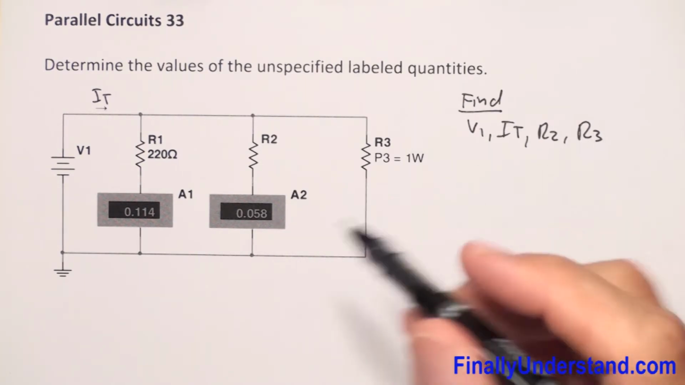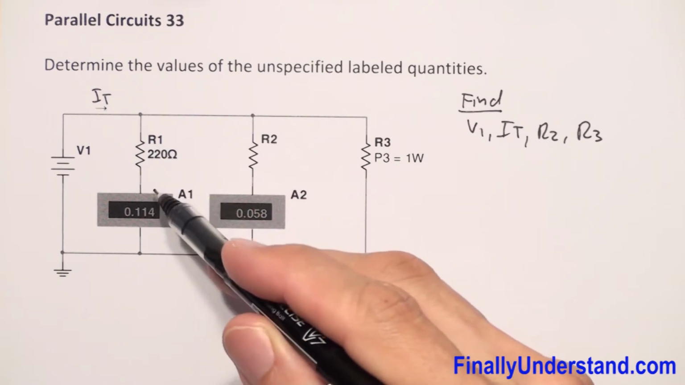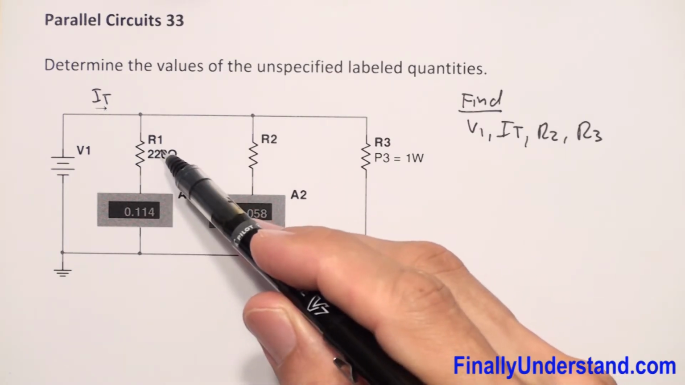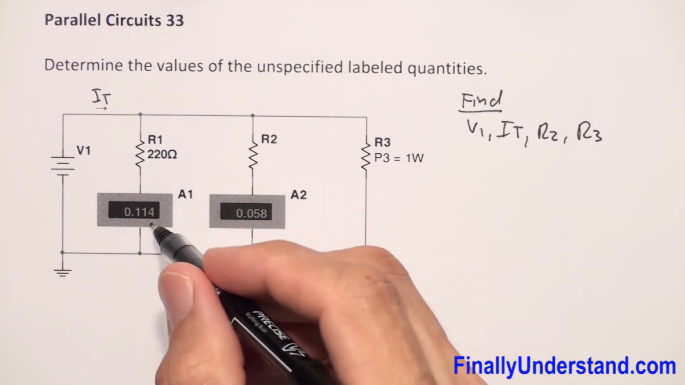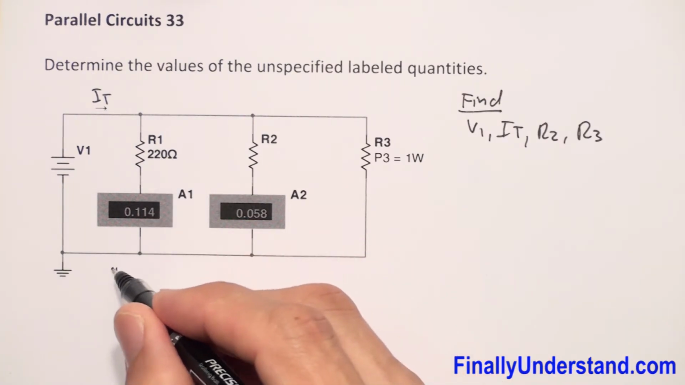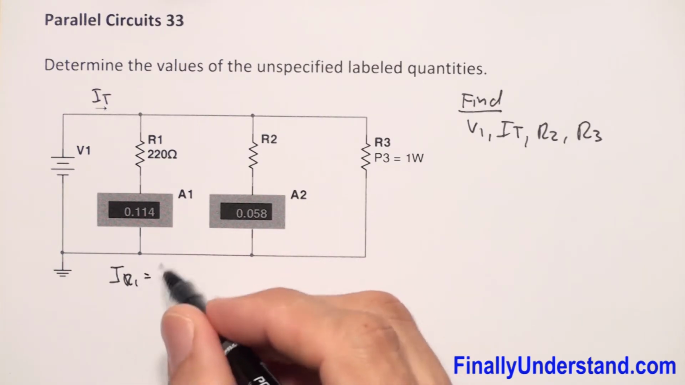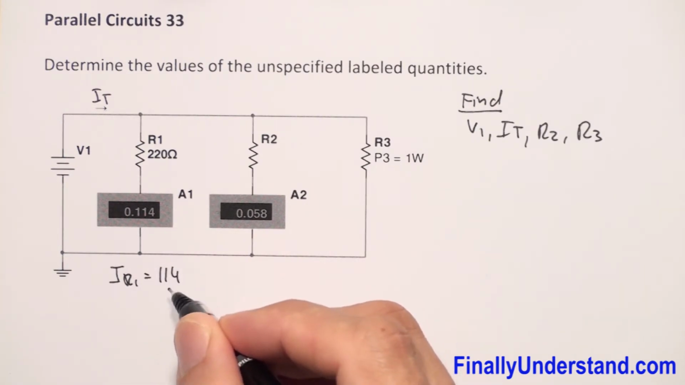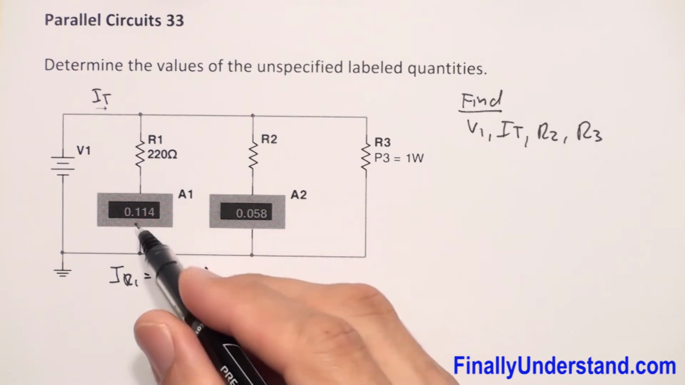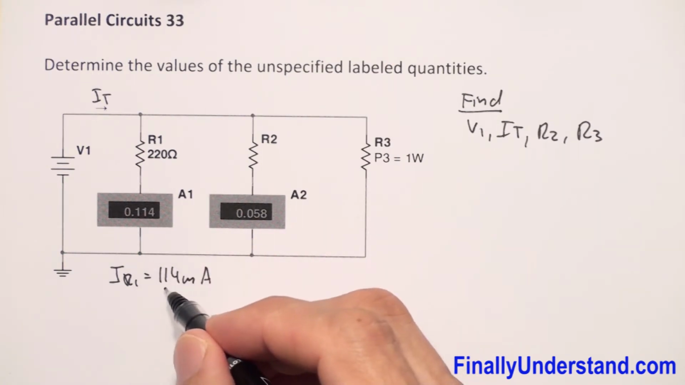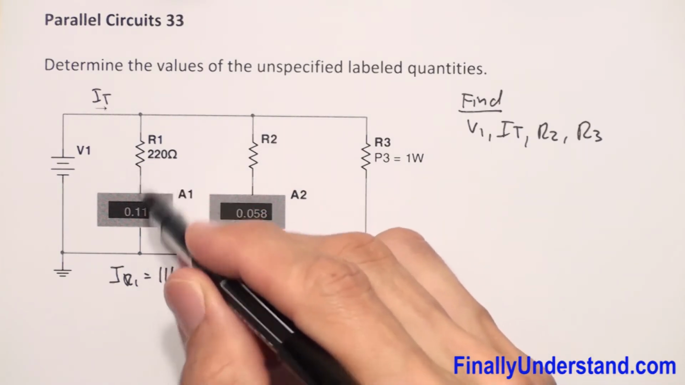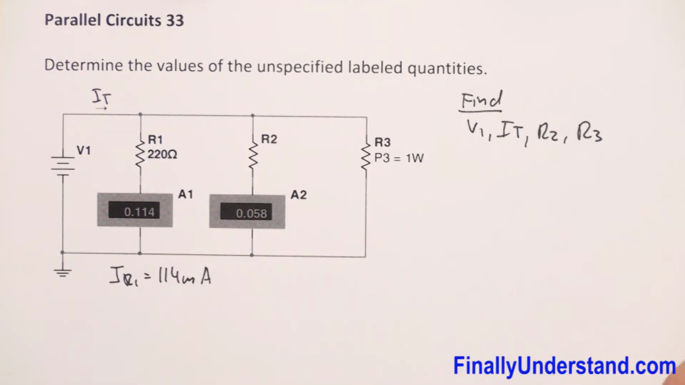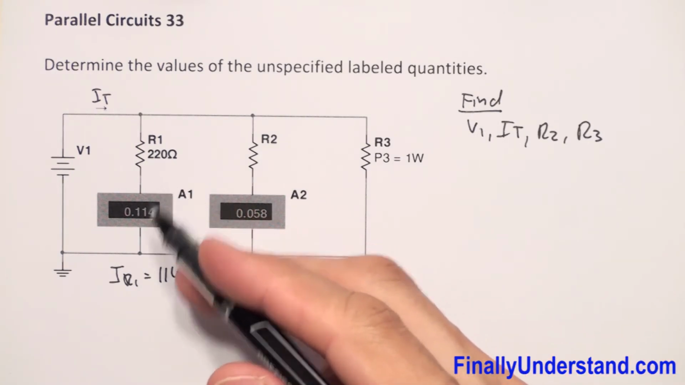So let's take a look at resistor R1. Resistor R1 has two pieces of information. It has resistance, 220 ohms, and it has current. So you can say that IR1 is equal to 114 milliamps. 0.114 amps is equal to 114 milliamps. So I got two pieces of information over here. If I have current and I have resistance, I can find voltage